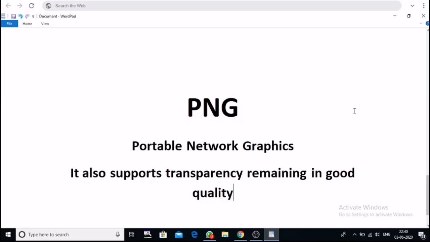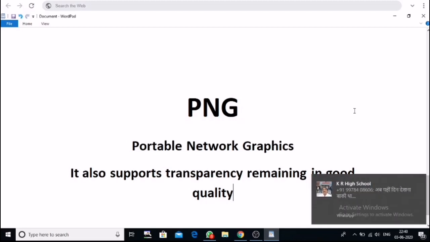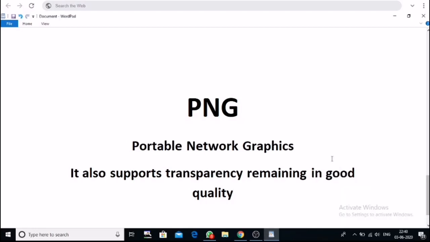So we use PNG only when we require transparency with the image, when we need to show the image with the background with transparency. So these were the image file formats, right?